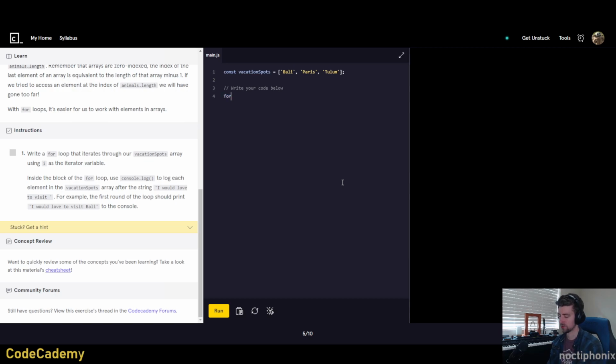Okay, cool. So for, we'll use the same letter, i for index, right? So i equals 0. And then i is less than vacationSpots.length. And I gotta separate these with semicolons. And then the last one is i++. Inside of this, we want it to console log